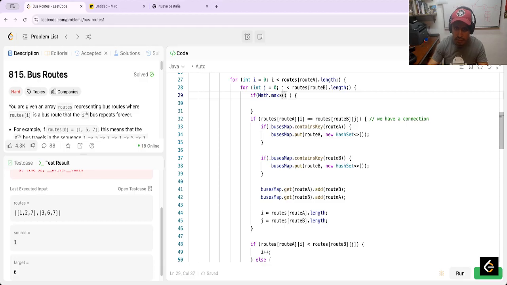Math.max between this and this, but it's length. Another math.max between i and j should be minor than the max, where is greater equal